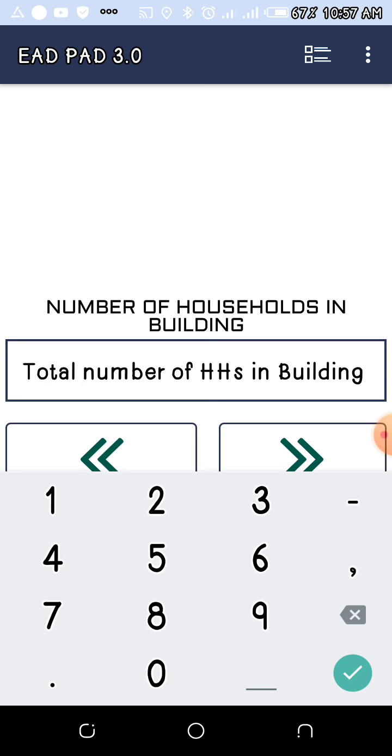Can somebody define household for us? We say a household is a head of household, or a household is a unit that